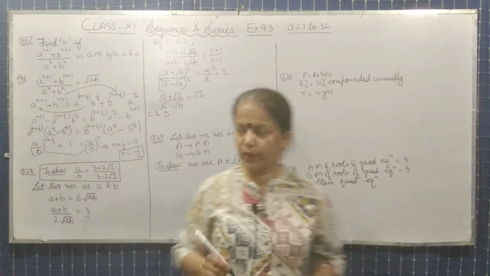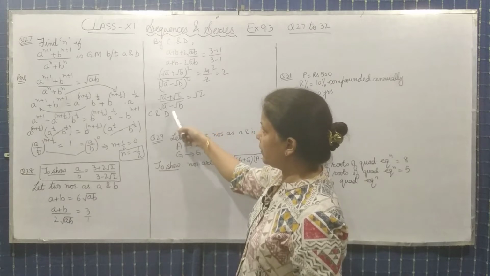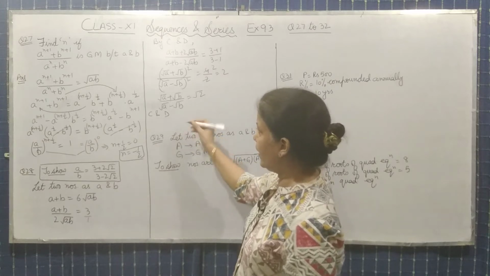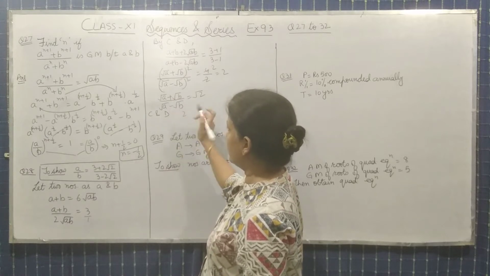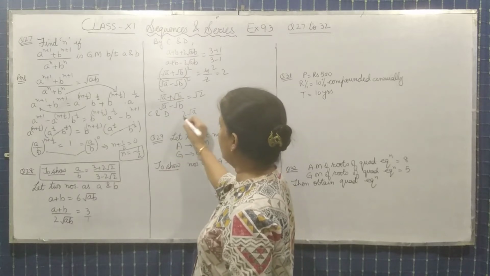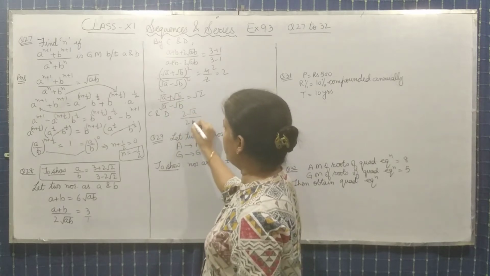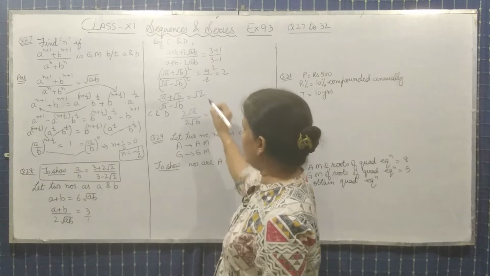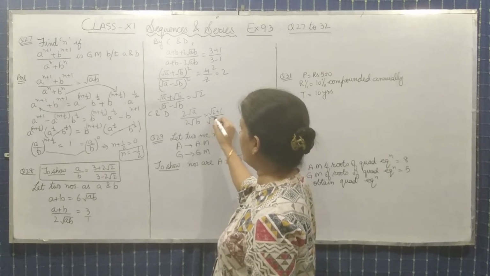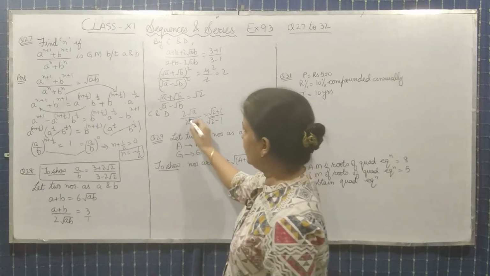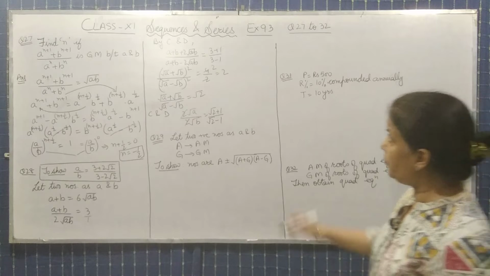So what result you will get? C and D. This plus this and this minus this. If you will add it, ये cancel हो जाएगा. So you will get this plus this, 2 root A upon this minus this. So 2 root B. And here also you will apply it. Root 2 plus 1 upon root 2 minus 1. ये cancel हो गया. Now, what should be the next step here?